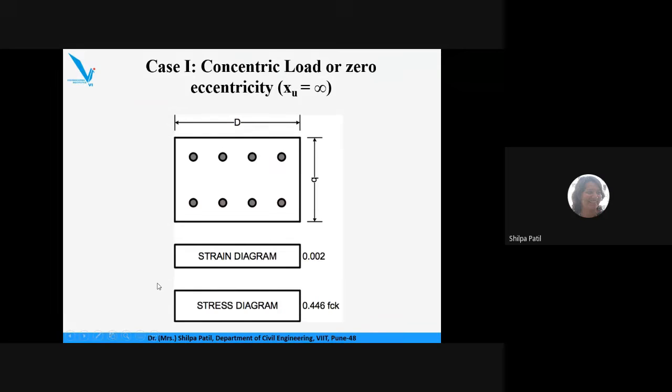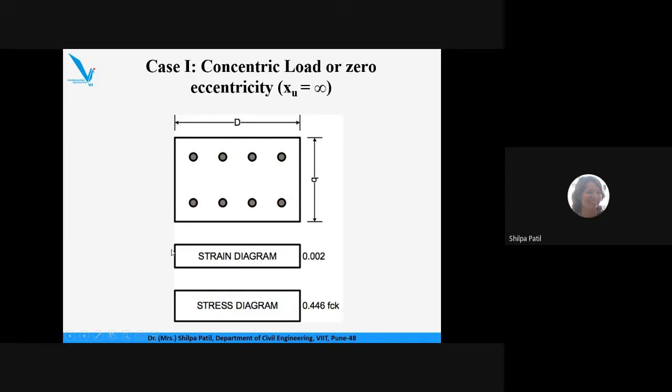Now let us consider what happens in all these 4 cases with the strain diagram and stress diagram, because obviously based on what is the strain value, what is the stress value, based on that only we have to design the column. Okay, but whatever the strain is developed for that value or for that stress value, we always design the sections. So if this is the column having some dimension D and B, first case, that is, a load is concentric, that is, a load is exactly acting here at its longitudinal axis, the strain developed across the cross section of the column is uniform.